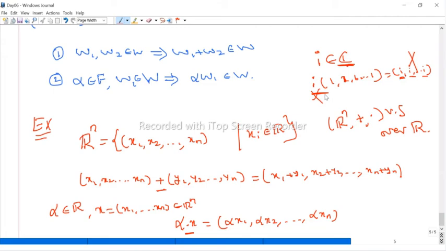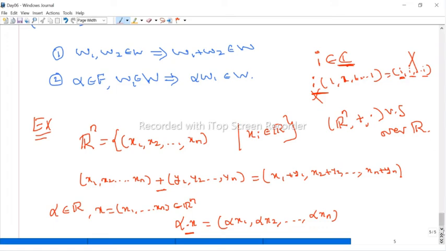But if we take C power n, that is all n-tuples where each position is a complex number, there we can see C power n is a vector space over C, or C power n is a vector space over R. If you take any smaller field, it always forms a vector space. Even C power n is a vector space over Q, because these smaller fields Q, R are all subsets of C.